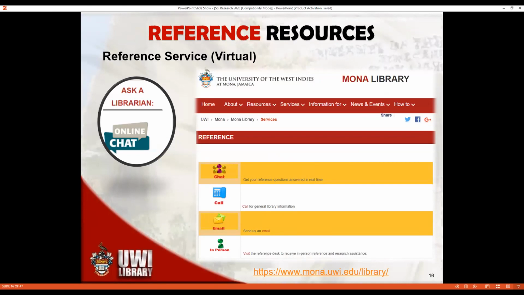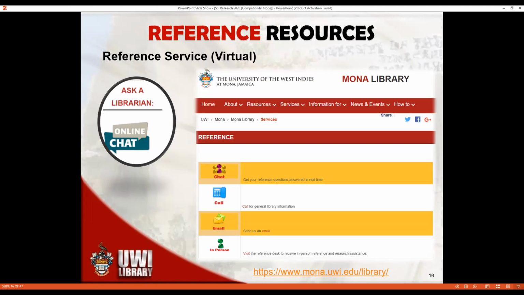And now I want to share with you a little on reference service. The library offers a reference service, and the term reference service is defined simply as personal assistance provided to library users seeking information. Normally, individuals who hold a master's degree in the field of library and information studies typically provide